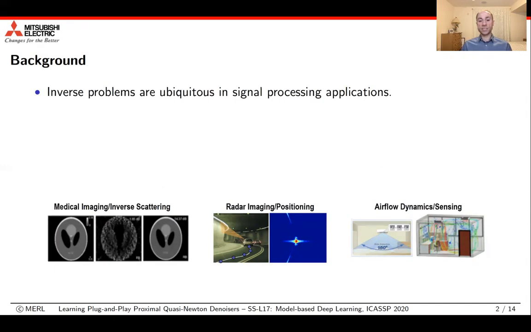Another application is the radar imaging problem, where the task is to determine the position of a strong reflector and also potentially determine the shape of that reflector by transmitting electromagnetic waves or radar waves and then receiving the reflections back at a receiver. And yet another application would be airflow or dynamical system sensing, where the task there is to try to estimate the dynamical system parameters and the flow parameters by only placing measurements on the periphery of a room in which that flow is moving. And from those peripheral measurements, we want to be able to determine the entire flow inside the volume of the